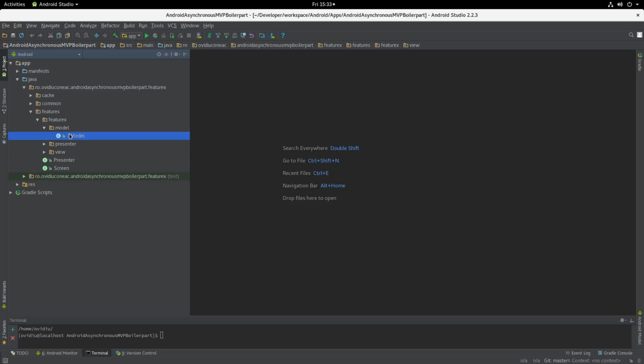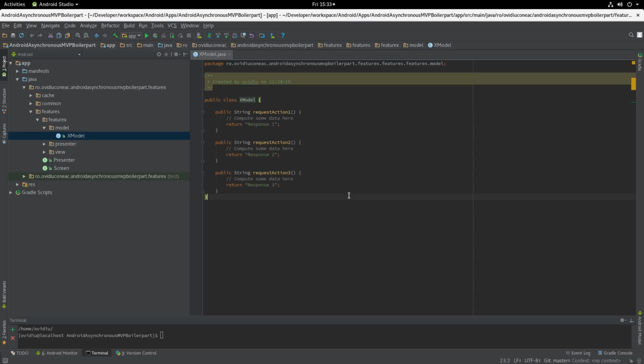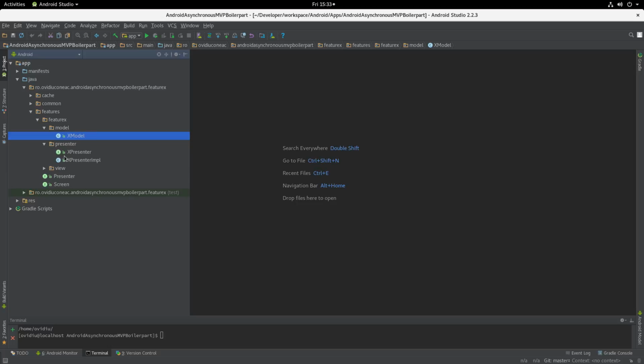The model, not much to see here. It's just a simple business entity. This is where normally you process your data, you do all the heavy lifting, so to speak. In this case we only have three methods that return simple strings. That's it. For the presenter, we have here a